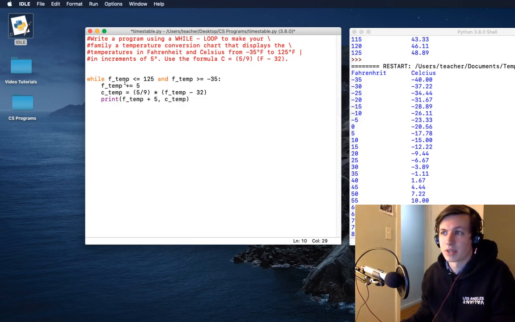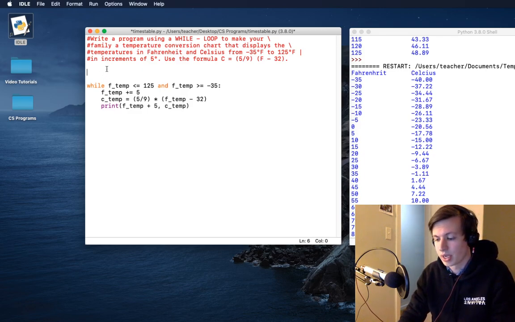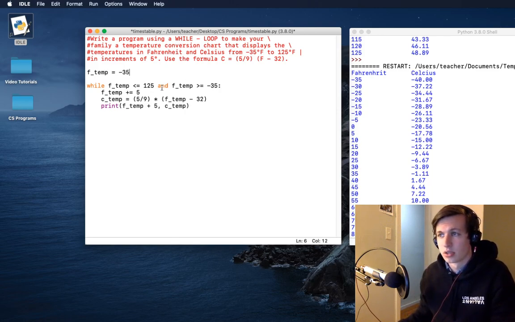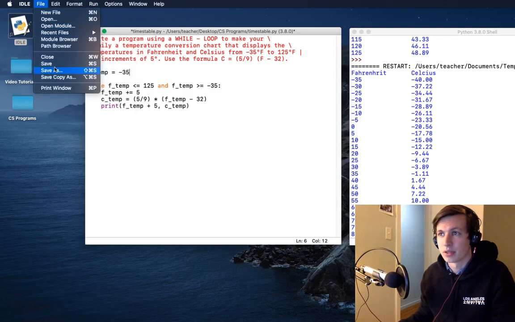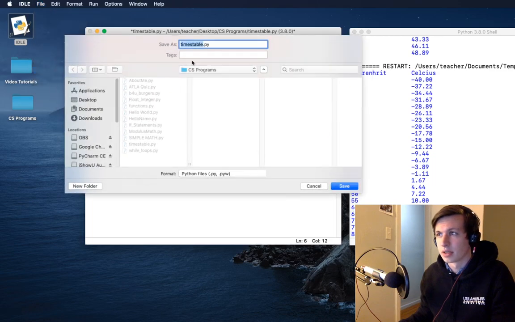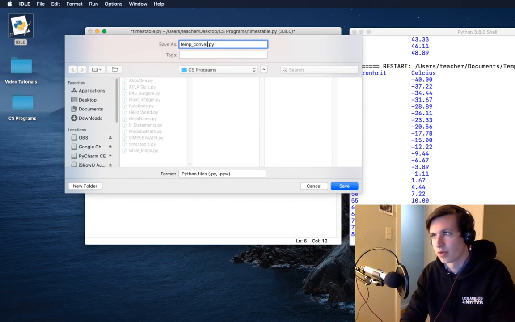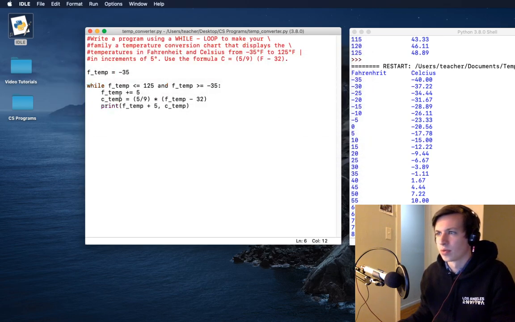So the one thing that we haven't done is set our initial F temp value. So our initial F temp value should fall within this range. So if we go F underscore temp, it should equal negative 35. So now we are able to run this, and we'll get some bare bone operations out of it. I'm going to file, save as, let's change this to temp underscore converter. We'll save that. So now when I run my module,